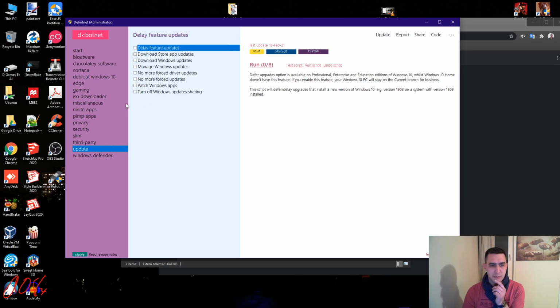You can mess with the updates. So like turning off this Windows Update sharing. What that is, if you don't know, Microsoft will download updates automatically to your computer, and then it will share it to other computers on your network. And if the setting is set, it will even share it to other people just in the world. And it kind of works in the way that BitTorrent works, like file sharing, but this is legitimate. The problem is it uses up your bandwidth, it uses up, if you have a limit on your internet, it'll